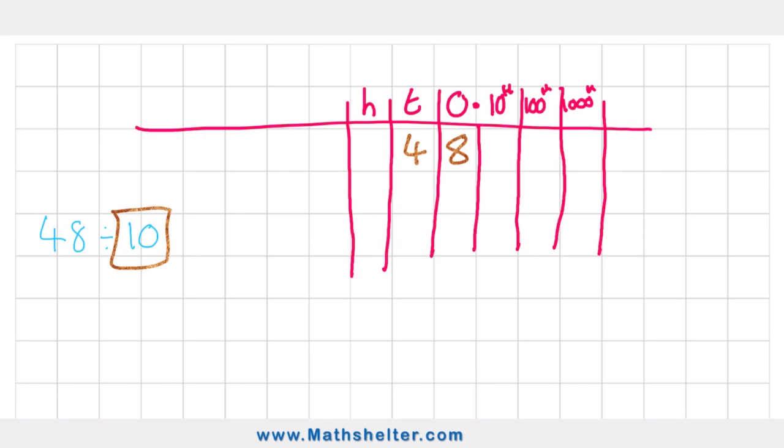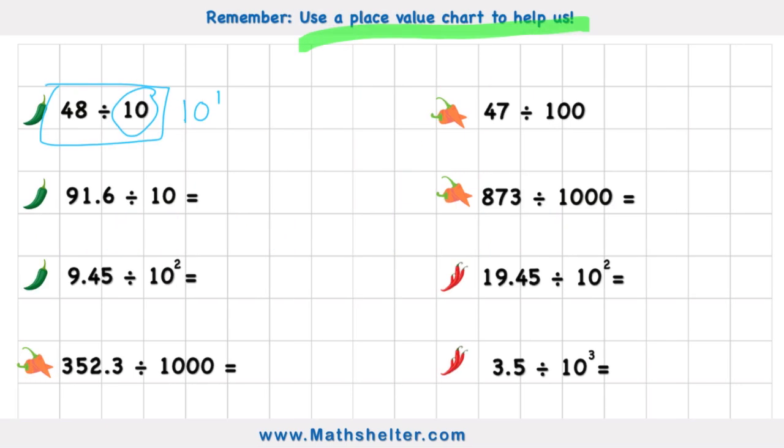So let's begin, and my 8 will come into my tenths column, and my 4 into the ones column. Put back my decimal, and I'm left with 4.8. One thing to make a note of, my decimal place never moves. We consider it like a nail in the wall. So 48 divided by 10 equals